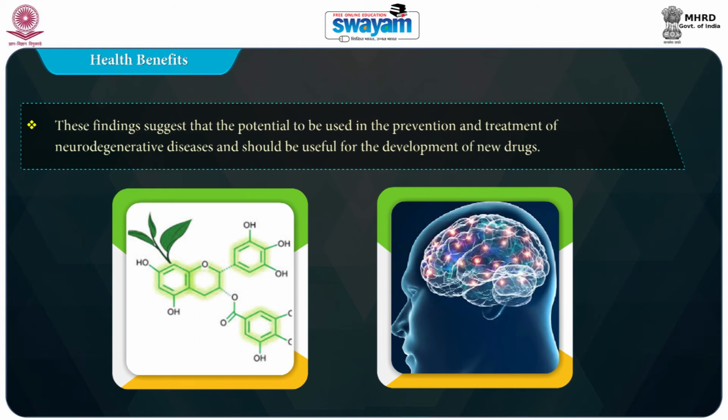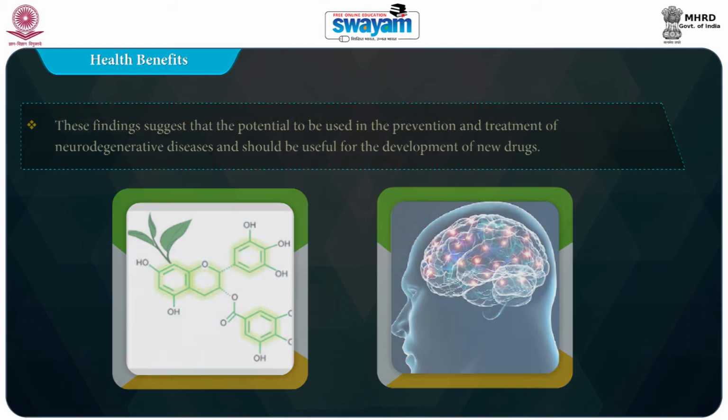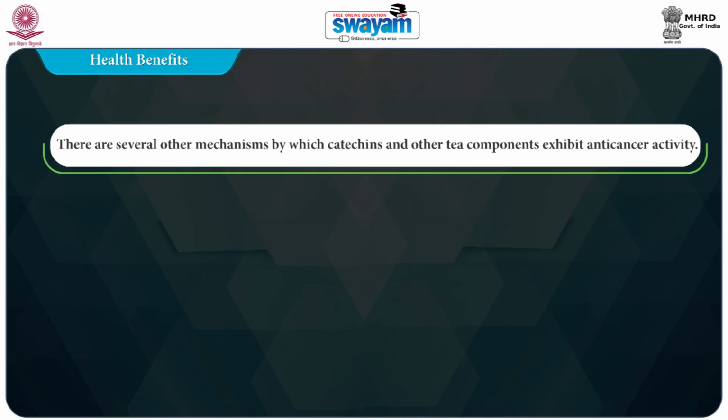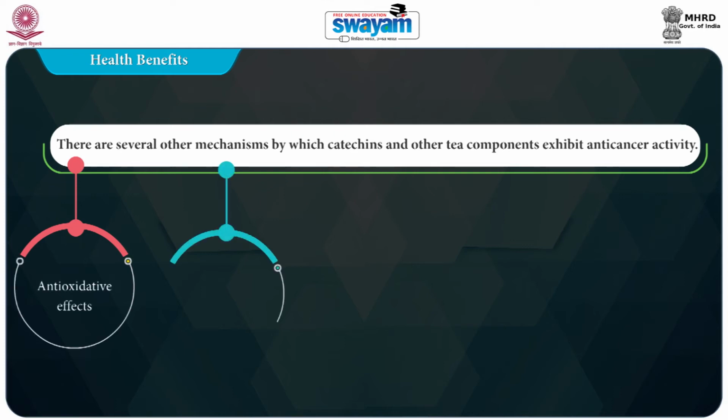The findings have suggested that the potential use of green tea has shown prevention in treatment of neurodegenerative diseases and should be useful for development of new drugs. There are several other mechanisms by which catechins and other tea components exhibit anti-cancer activity too. This includes antioxidative effect,